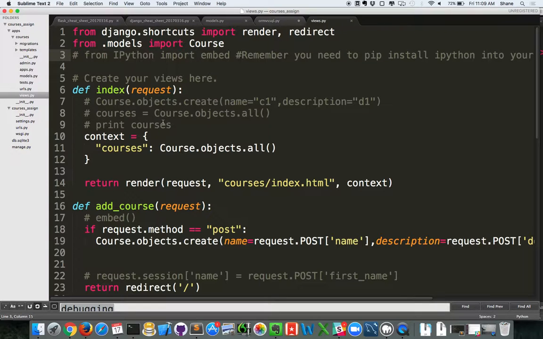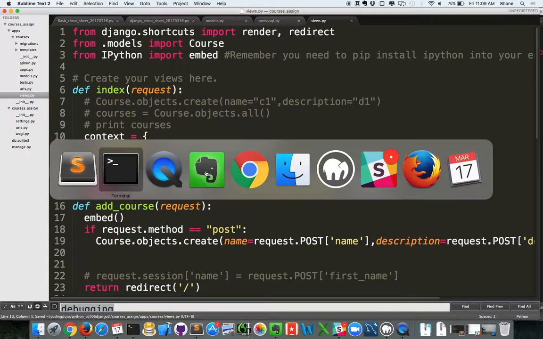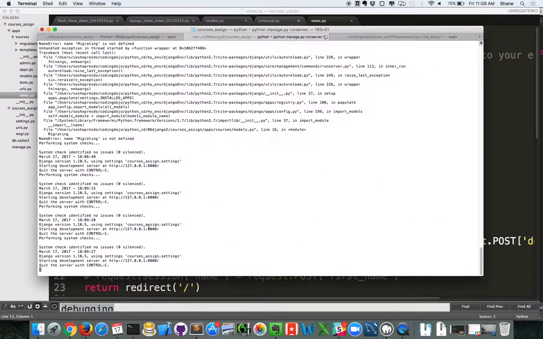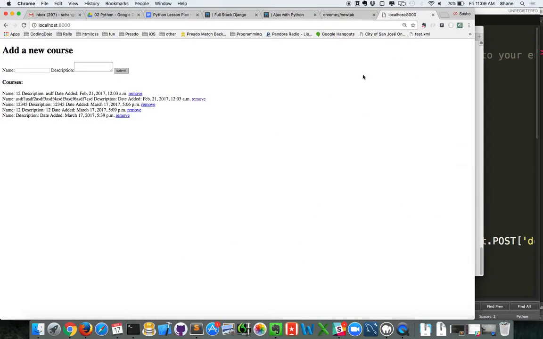So I have to import this library. From IPython import embed, and then afterwards, this line, embed(). This is basically setting a breakpoint. So I'm going to show you guys how this works. If I were to launch this server, which I've already launched, and this is my courses project, if I hit this submit button, I'm going to say in here,